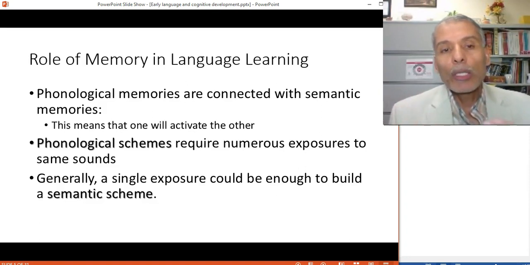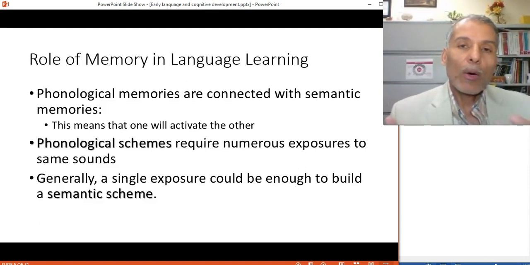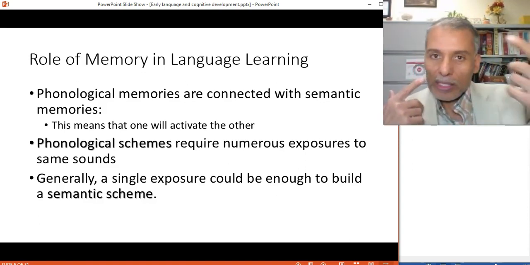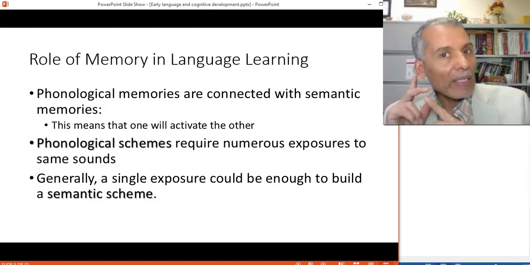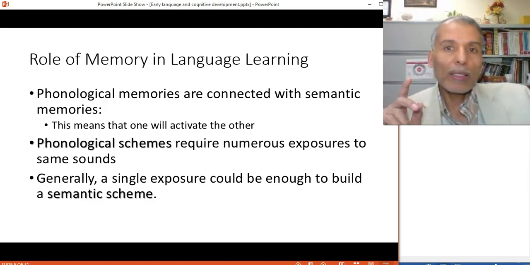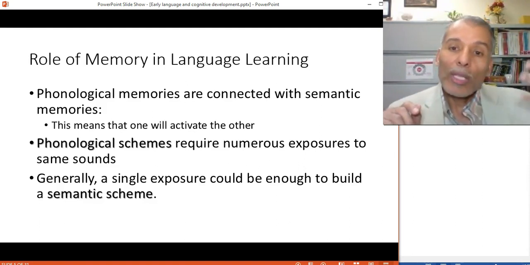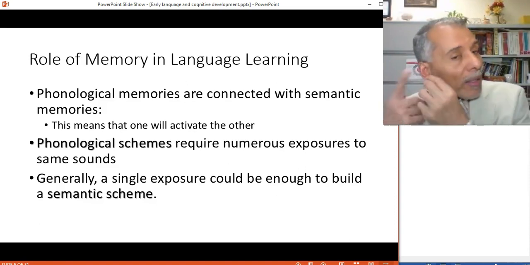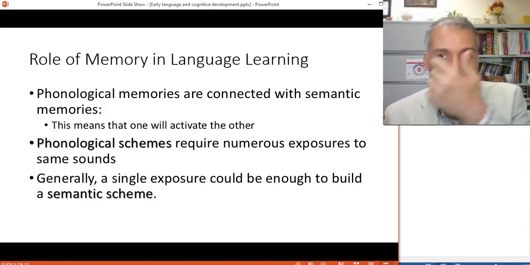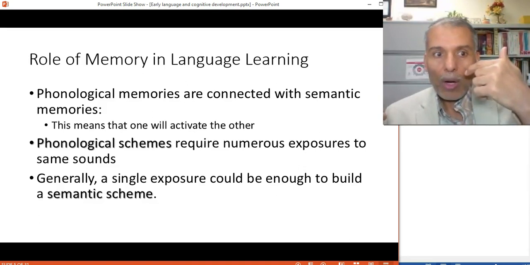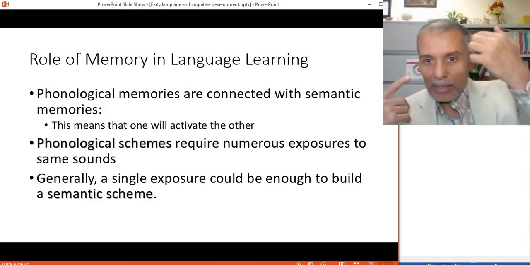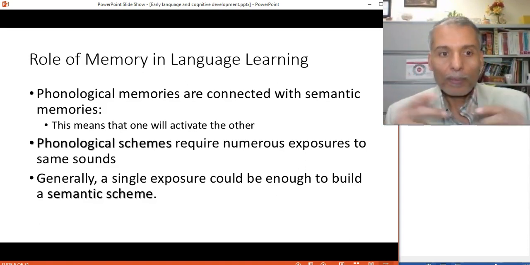When you look at words or hear them, that is going to activate semantic memories. When you hear a word like cat, you are going to activate the concept of cat. What is it? It is an animal, it's a feline, it does this and this, looks like this and that. So that meaning is the semantics. The phonological memory of it is when you hear the word cat, the sounds going, and you recognize the concept and say, oh, so phonemes or sounds activate the semantic meaning of the word.